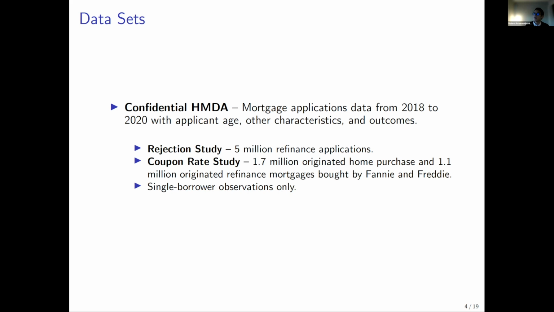And I focus on refinance applications because at the end of the day, I'm trying to estimate a conditional correlation. And so I think the selection concern in this sample is less severe than the sample for home purchase mortgages because of renters versus homeowners that I cannot distinguish in the data. In the second part of the paper, I'm using a sample of about 3 million originated mortgages that were sold to Fannie and Freddie, the GSEs in the US that securitize these mortgages. The reason for the sample selection will be clear in about 2 slides.